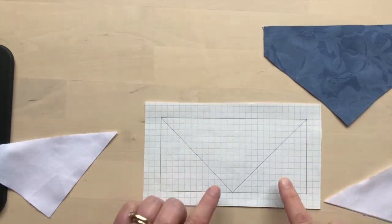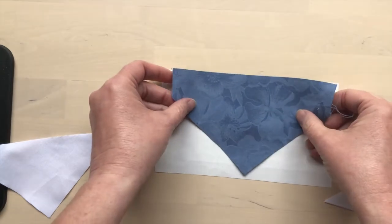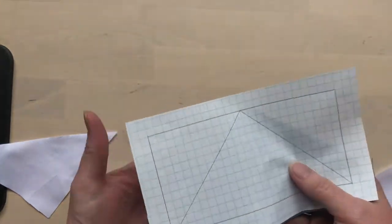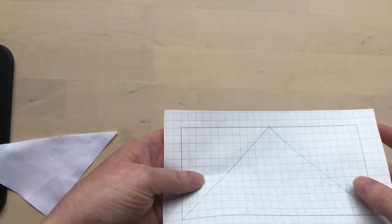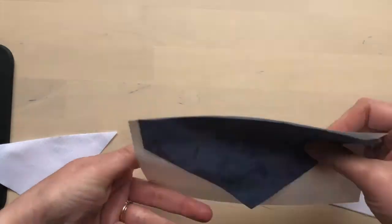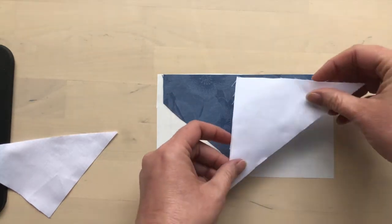So now what you want to do, we're going to start with this middle triangle, and we're going to turn it over and just place it wrong side down to the paper. So right side up, and make sure that you have it aligned so that it comes out across to leave a seam allowance. So if you hold it up to a window, that'll help make sure that you have enough room there. Then you'll take one of the side triangles